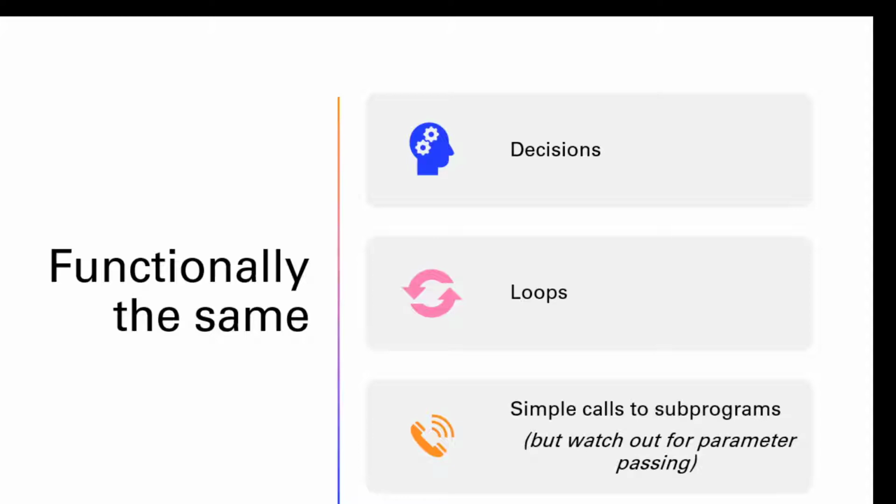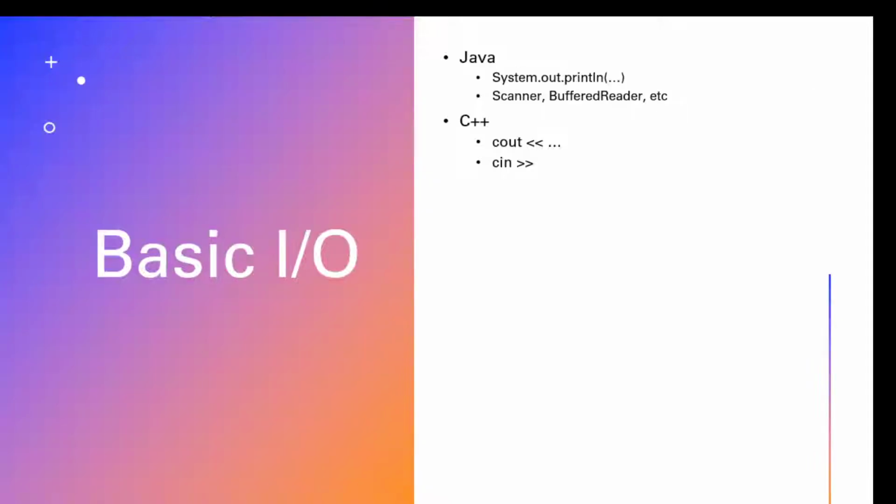Java is always passed by value for primitives and passed by reference for all objects. In C++, it'll actually copy a whole object inside of there if you're not careful. So you have to be careful and aware of how you pass things along, depending on how your data types are structured. As far as basic input output goes, Java has your System.println and your Scanner, buffer, whatever, to